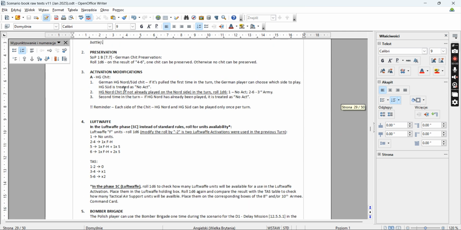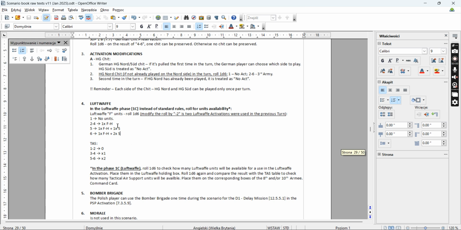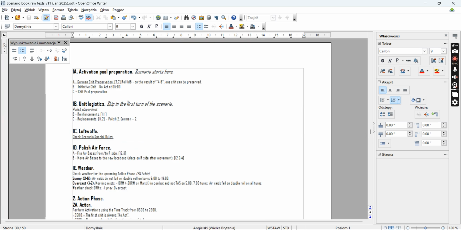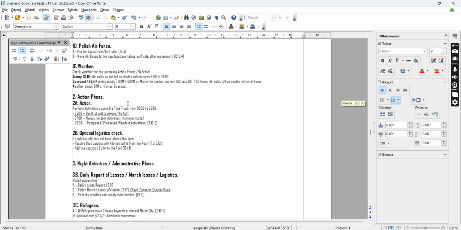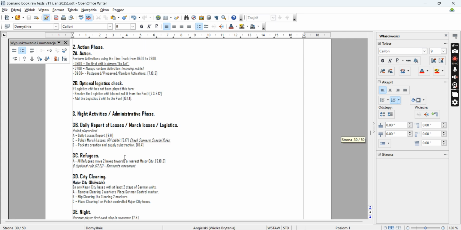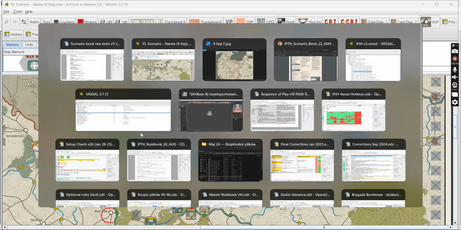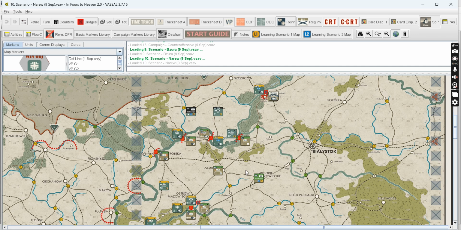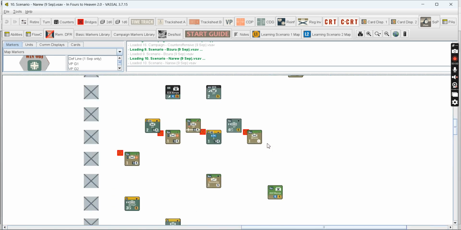We have, of course, some calculations regarding Luftwaffe, which also scale towards focus on the different part of the front. Also, we have a special SOP, which, for example, does not include any rules regarding counteroffensive because they are not used for this scenario. And to use this occasion for showing precisely what the player has to do and what option he has,